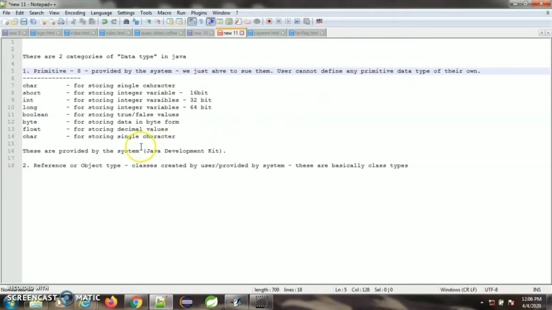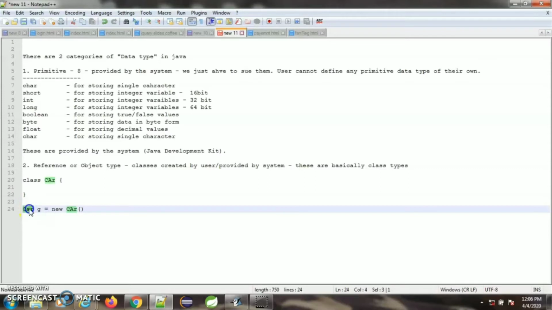What is the meaning? So as we have seen, classes, there are reference or object data types. So classes can be created by the user. For example, I can create a class car, and then I can give definitions here. So this class I am creating, I am defining the type. This is a type. Okay, and using this type I can create objects like car g equals to new car. So this is the class which I have defined. Okay, and this is the name of the object that I am going to create.